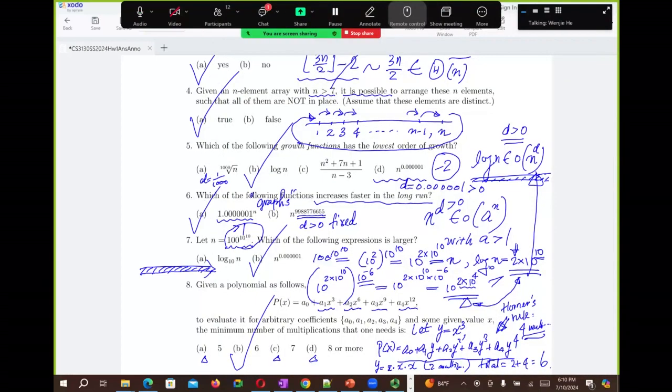Here, I noticed some students may not quickly connect to Horner's rule. So many students select D. Although it's a wrong one, we know it's a wrong one. Why do they select D? 8 or more. Because